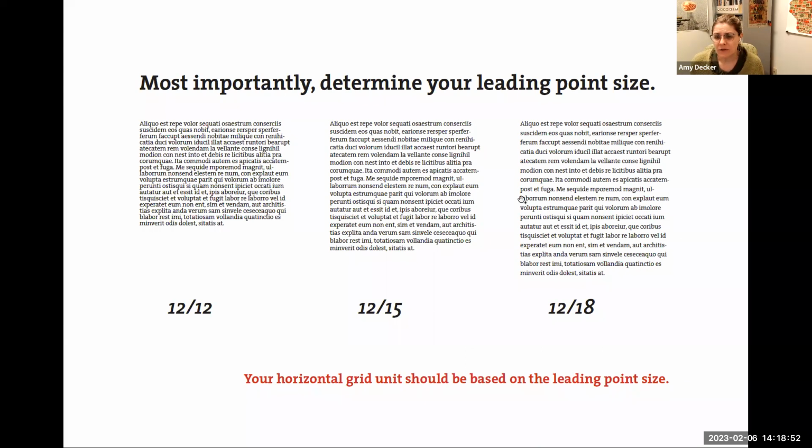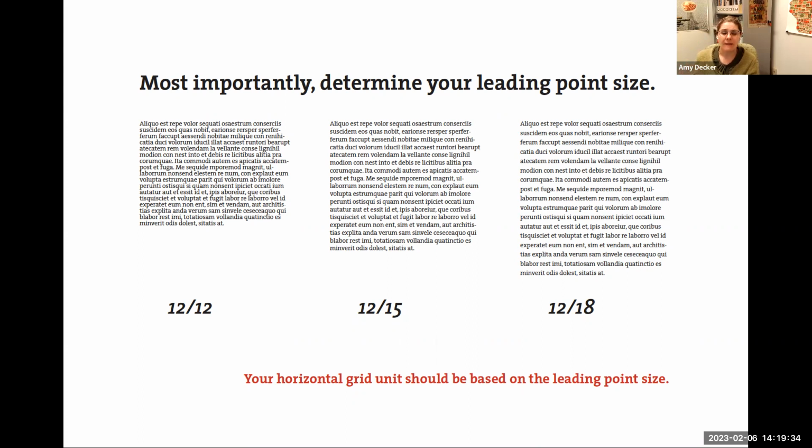Now, there's quite a few choices for 12/15. They definitely are the winner, but there's quite a few of you that also thought 12/18 was a good choice. So both of them are not having the problem that the 12/12 is having, which is the ascenders and descenders bumping into each other. However, the brain struggles with that, and the brain equally struggles with too much space between lines. So the 12/18 has too much space between the lines. And what happens then when we're reading, our brain gets confused easily and it will lose its place in reading. And so you might find yourself reading the same line over and over again because there's too much leading in